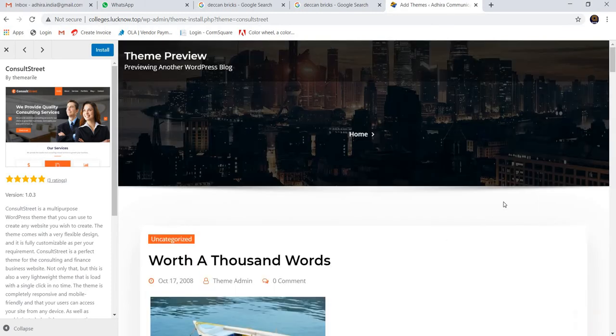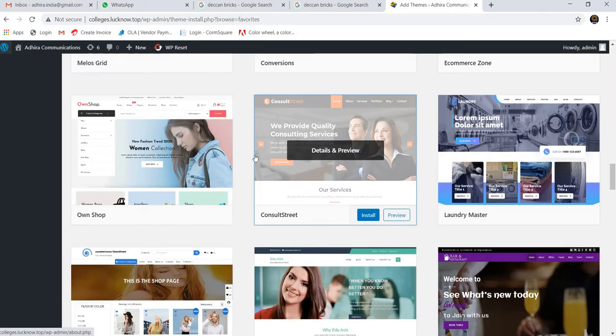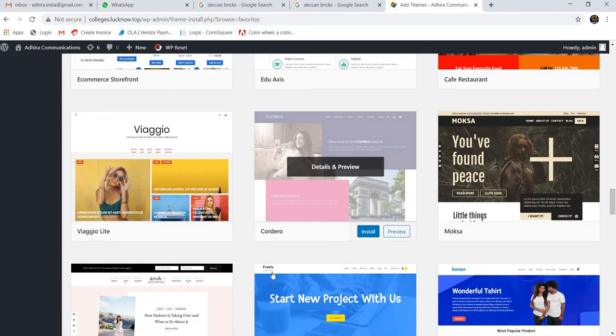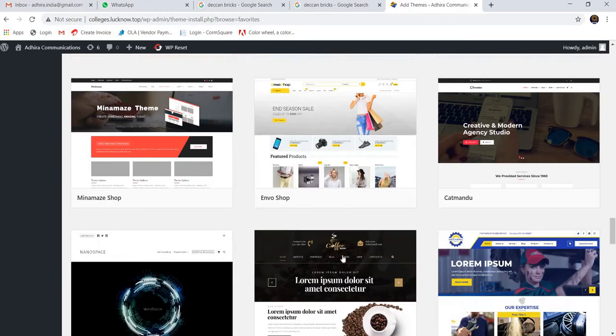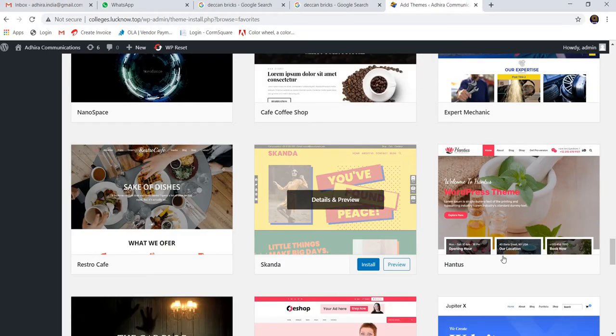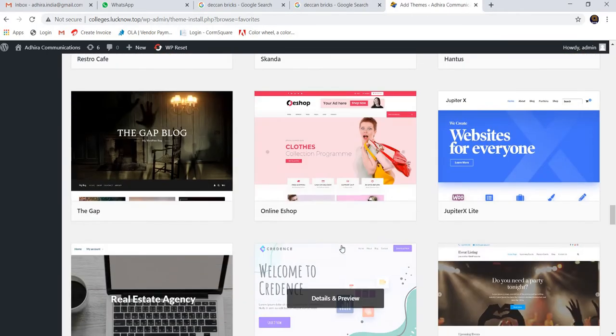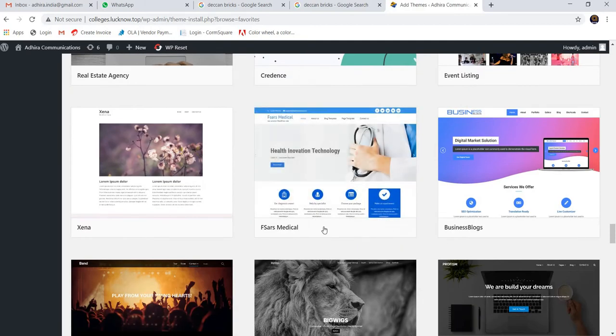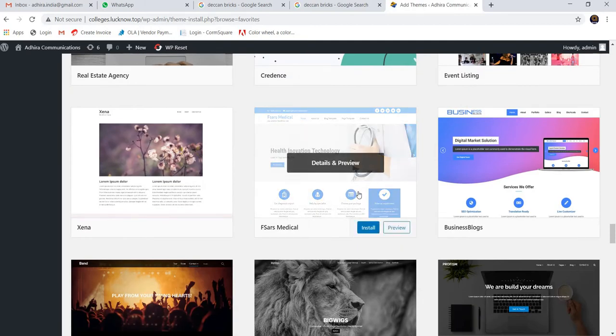If we like that website, click Install, and it will be installed. If we don't like that one, just come back to the dashboard menu and come again, and you can select any other one. I am going to select this and install it directly. Here I'll see how it will look on our website.